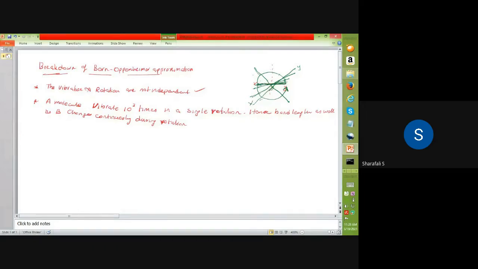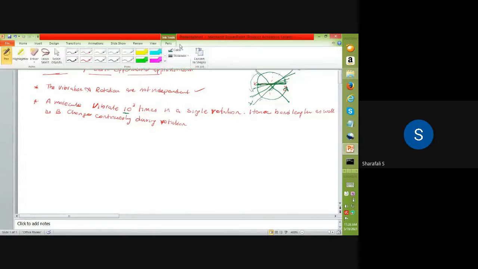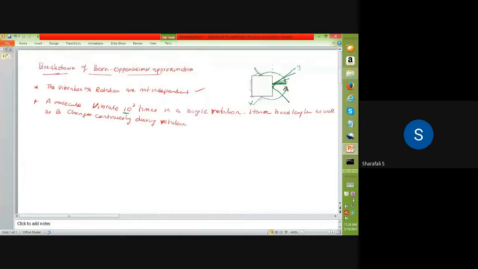Then when it completes its rotation, its bond length will become the same as the initial bond length. So within a single rotation, at least 10 raised to 3 vibrations will happen. Because of these vibrations, the bond length of this molecule will change. Hence, since the bond length is going to change within a single rotation,